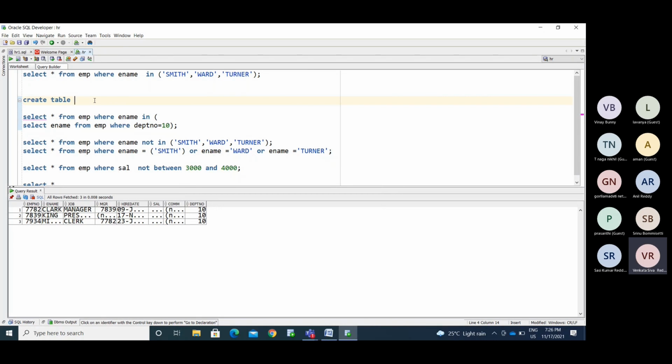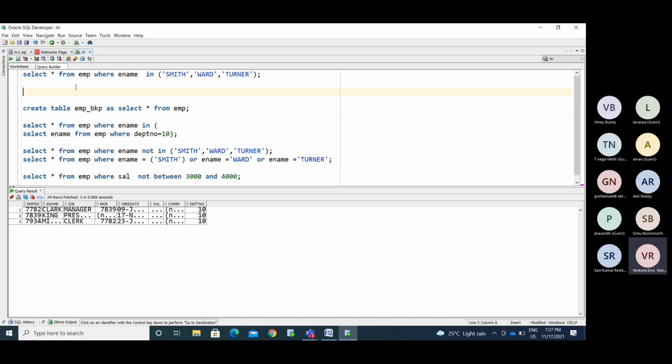Create table emp_bkp as select star from emp. So what I am doing here is copying the data from the employee table to the employee_bkp table.